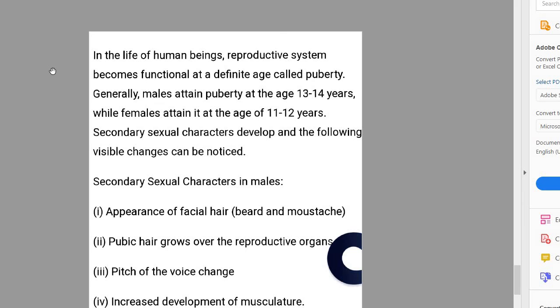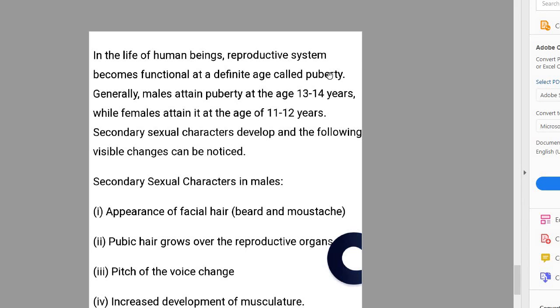In this way, the female reproductive organ of a flower is composed of all the carpels, and a carpel is mainly composed of 3 parts: stigma, style and ovary. Ovules are female reproductive cells or gametes present in the ovary, and ovule develops into seed. This is your answer number 4. And last question is: say about secondary sexual characters.